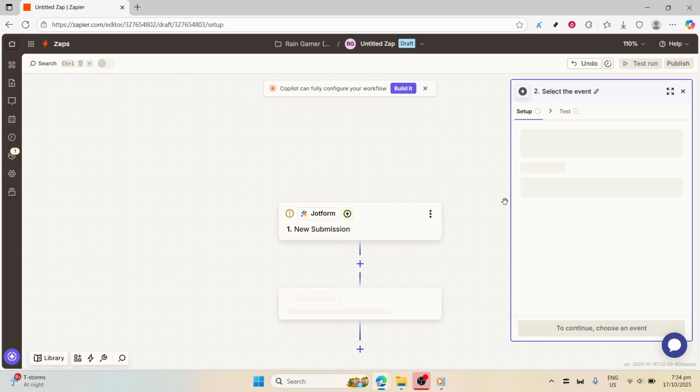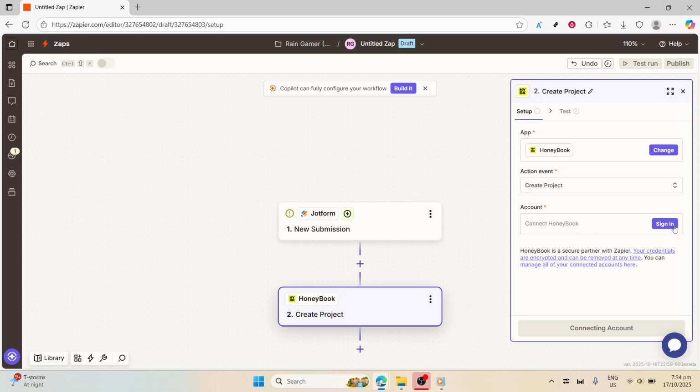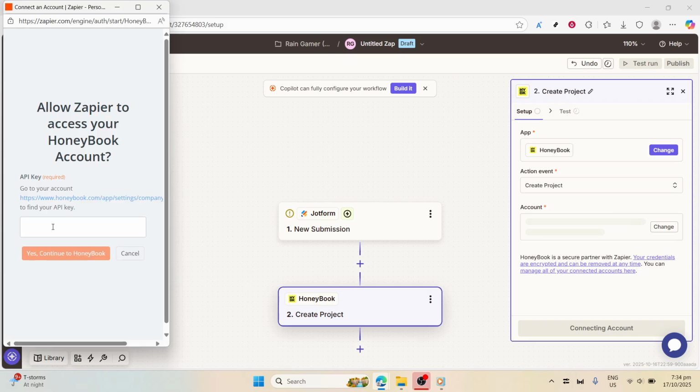You'll need to connect your HoneyBook account to Zapier, just like you did with Jotform. This step allows information to be transferred directly and securely into your HoneyBook account. Ensure you have your HoneyBook login credentials handy. After connecting both accounts, the next task is to match fields from Jotform to corresponding fields in HoneyBook. This could include matching names, emails, or any other data points you have collected in your form that need to